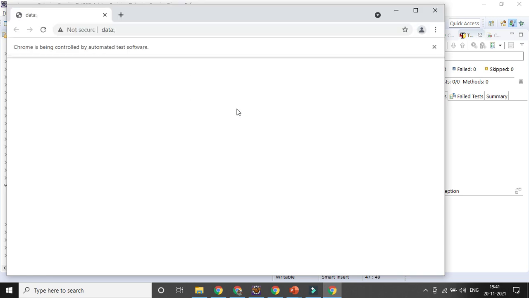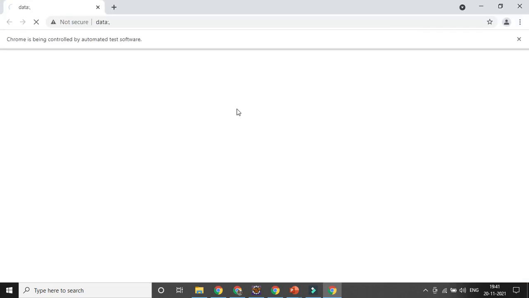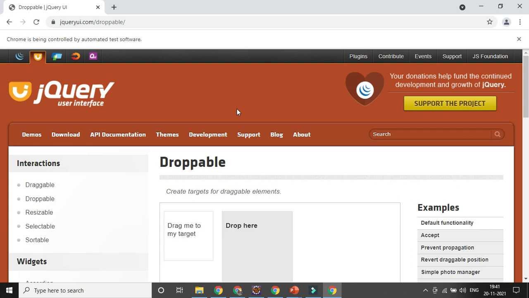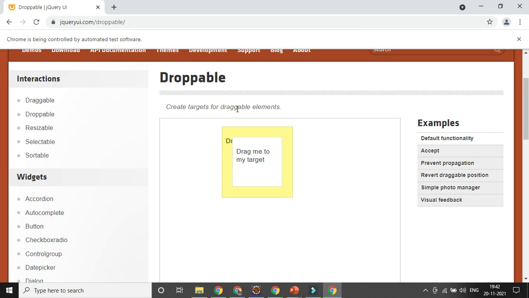It will be loaded, and then it goes to that particular iframe, and the drag and drop will happen. Once the page is open, it will take a screenshot, and once the drag and drop happens, it will take a screenshot again. That's how you can verify the success of your execution or whatever script you have developed.